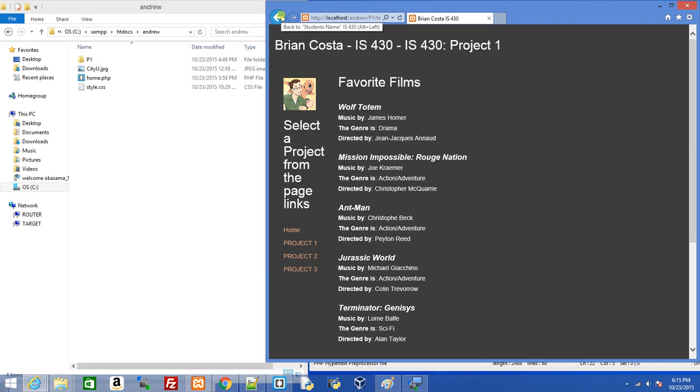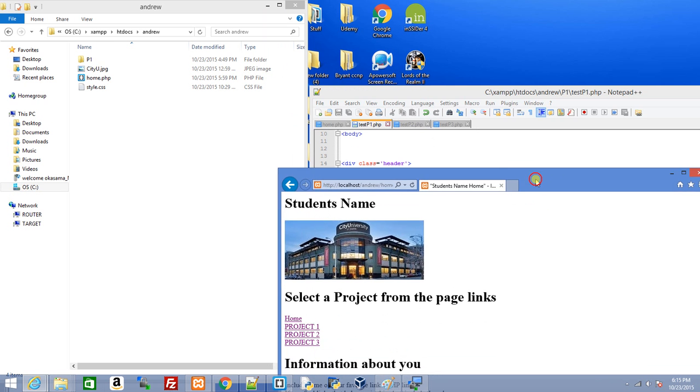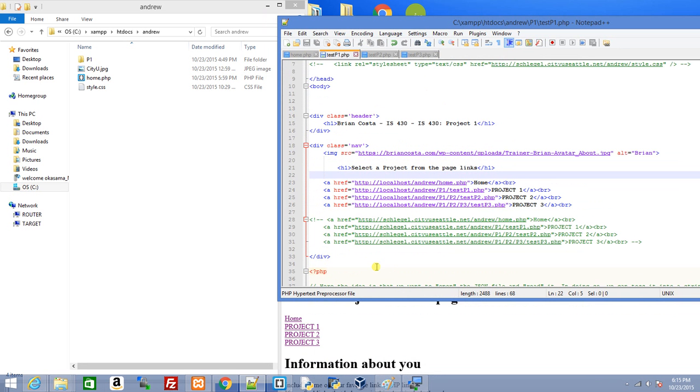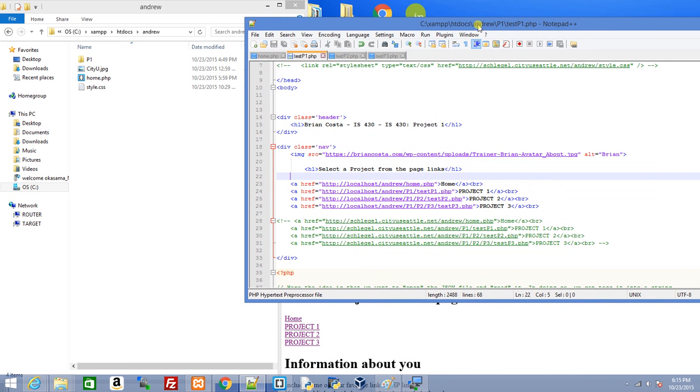Good job. All right. So let's go back to home and let's take a quick look at the code here. It's the same thing with the links, and then the PHP is down here, which you can't look at. Okay, so